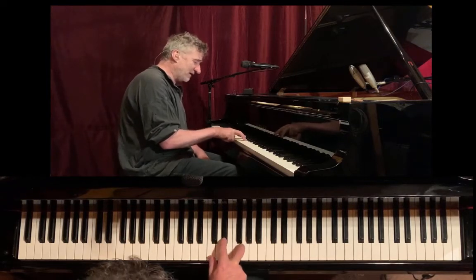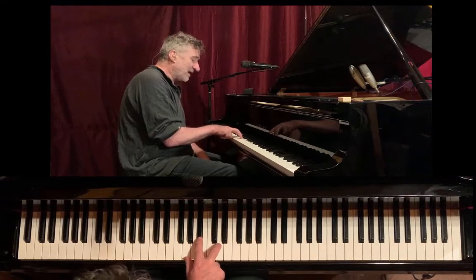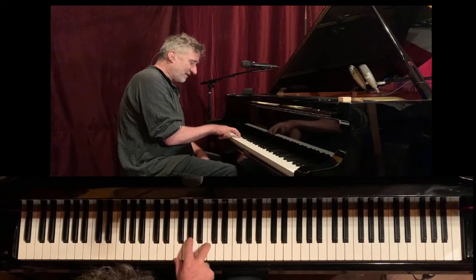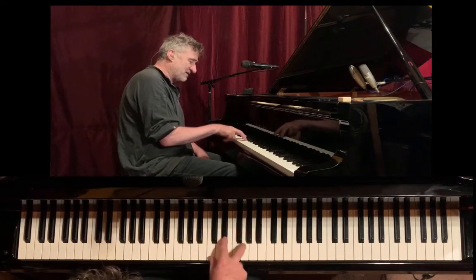But if you use the pedal, now move to the next position, and then play the next chord and take the foot off the pedal, put it back on, and now hit the chord, take your foot off the pedal at the same time, and then put it back on, and now you get a seamless